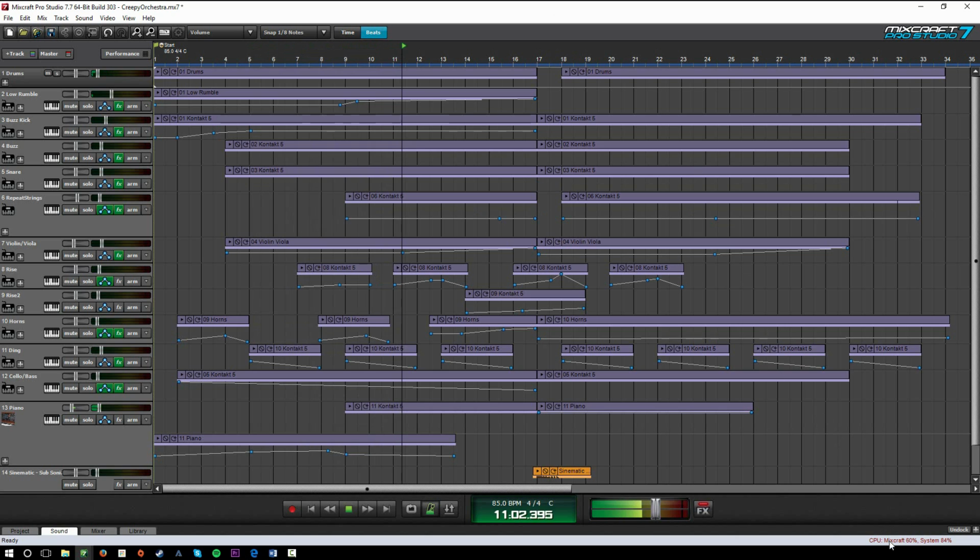If you look in the bottom right here, it says that my CPU usage is at around 60% and the system is 86. This is very bad, and I can't actually decrease this. Even if I close a bunch of the programs that are running, Mixcraft just has a hard time running a lot of these programs. You can kind of hear that the way it works is a lot of different tracks running, and this track's not finished, but